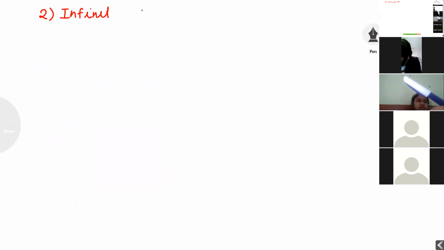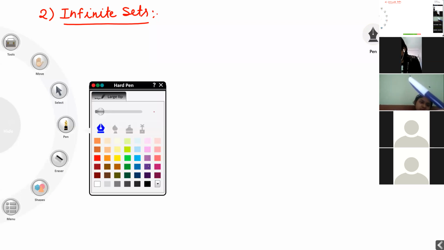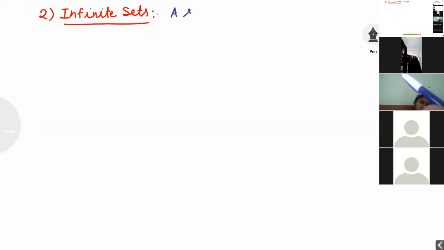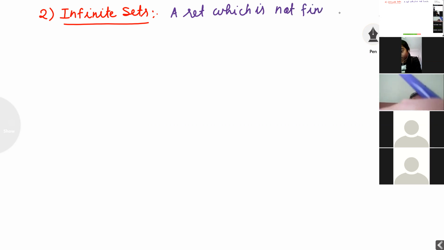A set which is not finite is called an infinite set.